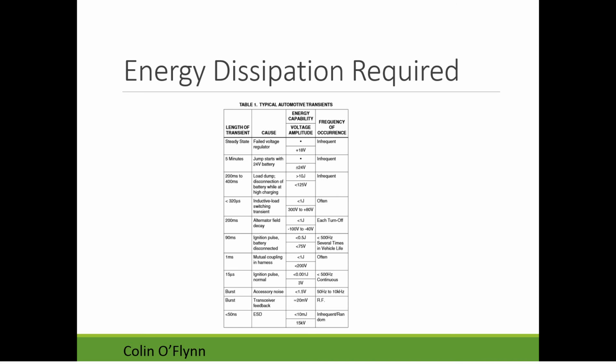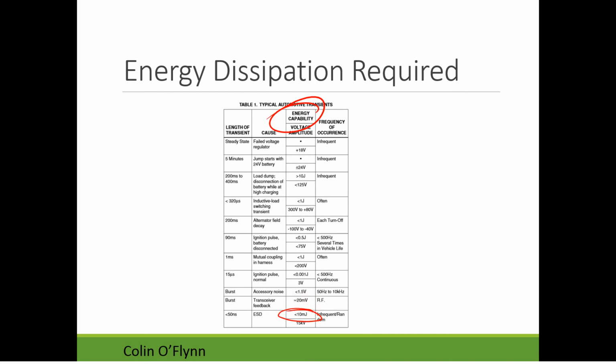The different types of those transients also give you an idea of what we're calling the energy behind it. This is the really critical one: how much energy do we have? Something like electrostatic discharge, which is very high voltage, it could be kilovolts, has very, very small amounts of energy.